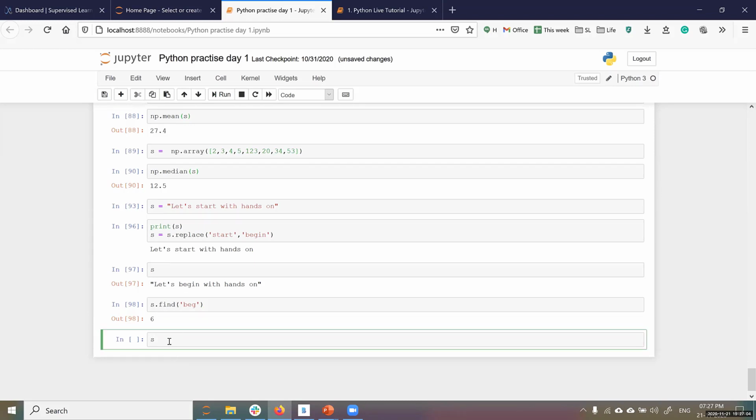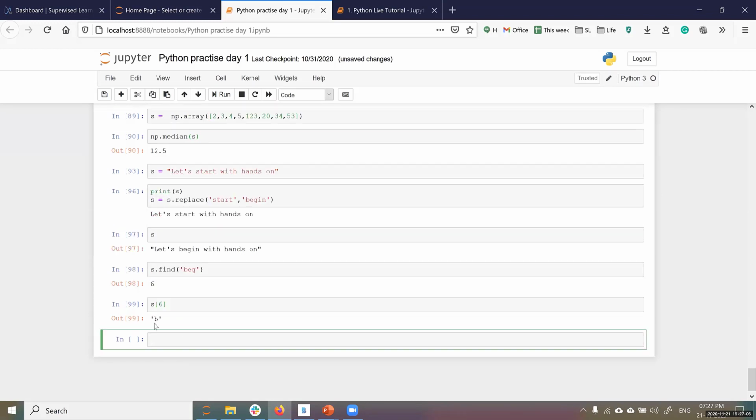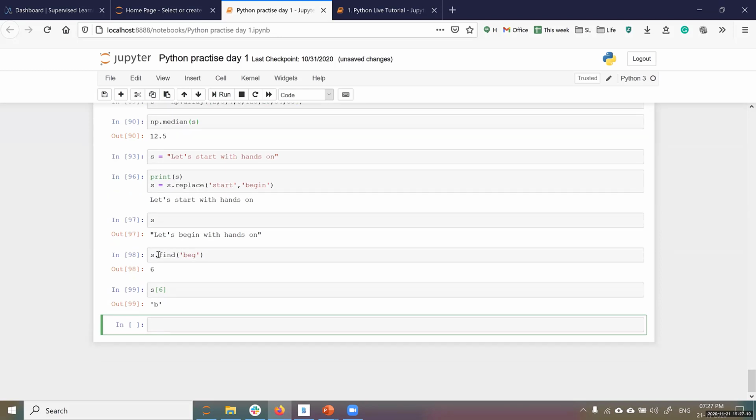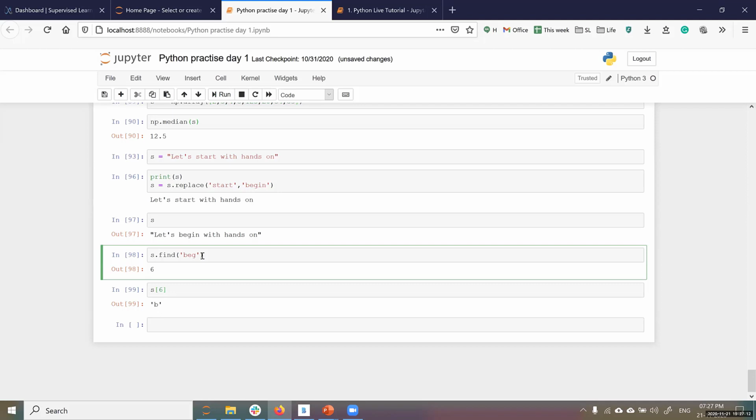Can also do s of 6. You get b. So it gives the starting index. Of course, when we go to NLP, we will study much more advanced string processing. We have more powerful functions like the NLTK package or spaCy and all. This is basic Python.